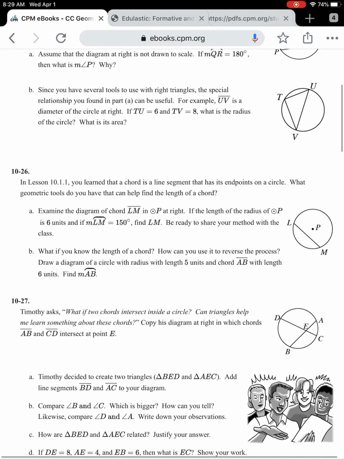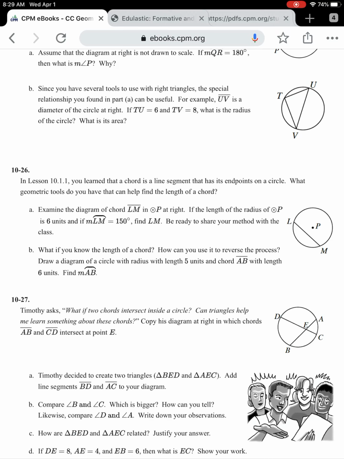10-26 is one I'd actually like to do together. So they gave us circle P that had chord LM drawn within it. They told us the measure of arc LM was 150 degrees and that the radius of circle P was 6 units. And with that information, we actually had enough to figure out the length of LM. So if we go through and we look at that together,